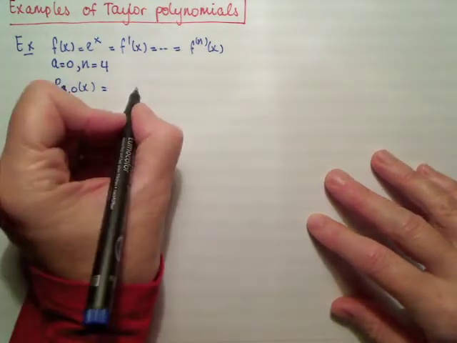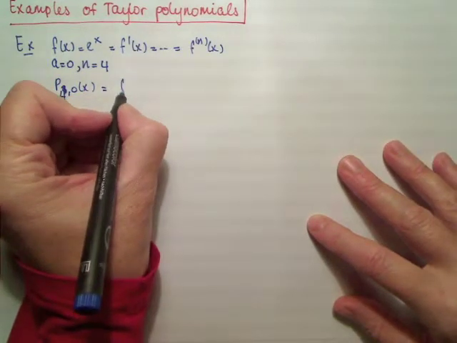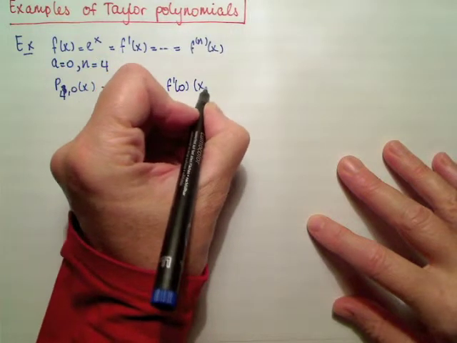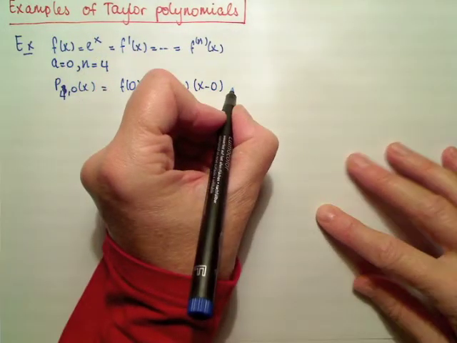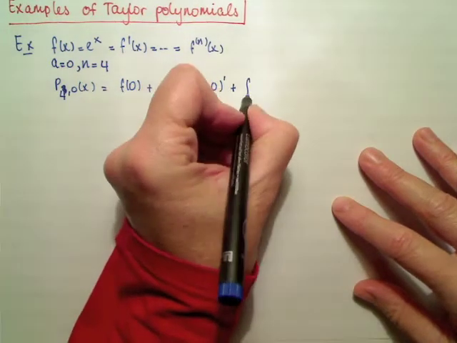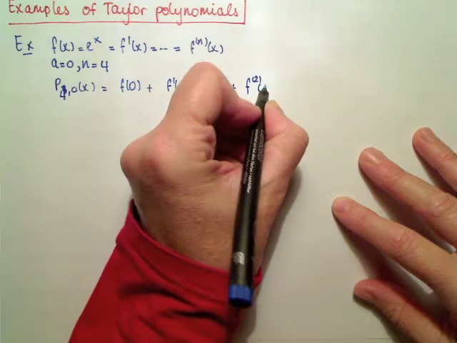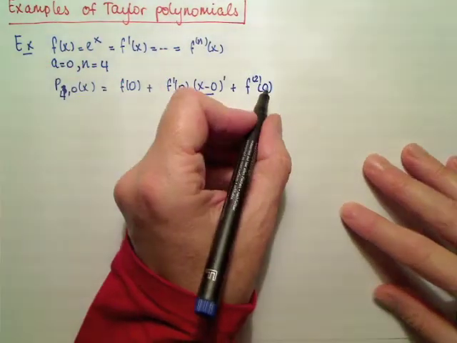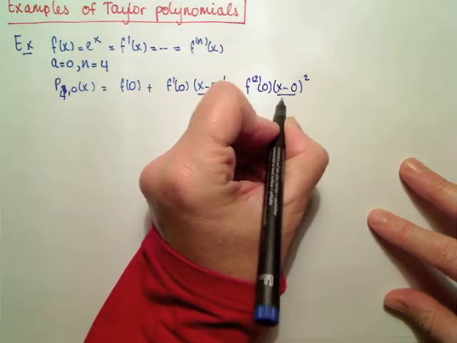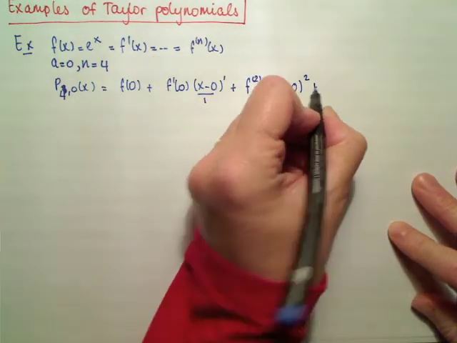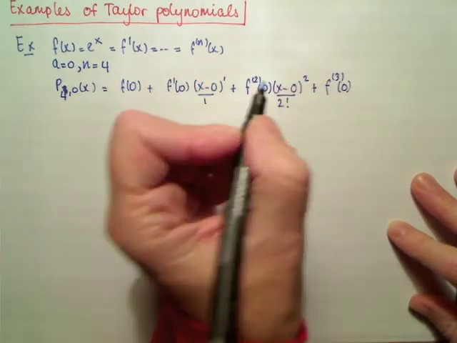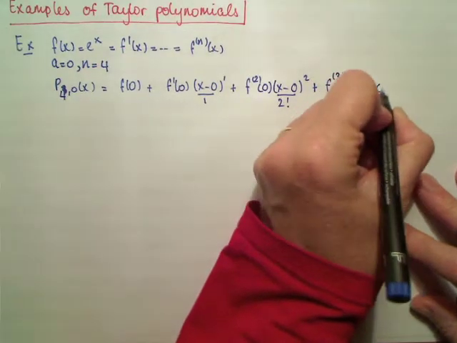It's equal to the function value at 0 plus the first derivative at 0 multiplied by the difference of x and 0 to the power 1 divided by 1, plus the second order derivative evaluated at the base point 0 multiplied by x minus the base point to the power 2 divided by 2 factorial. Okay, we have the third order derivative evaluated at the base point 0 multiplied by x minus the base point to the power 3 divided by 3 factorial,